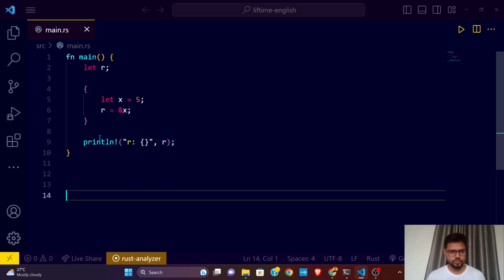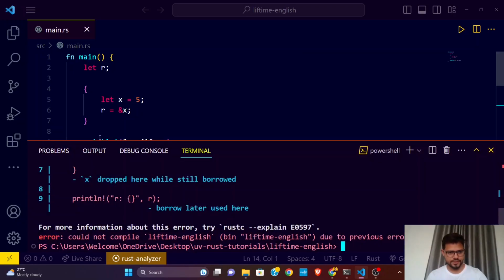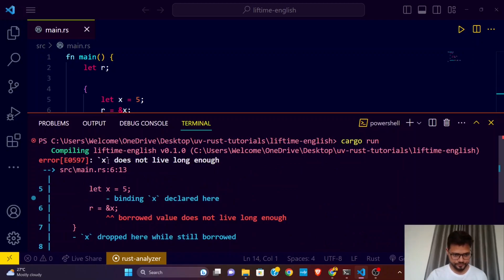So there is no problem related to ownership of the r. So what exactly error are we facing? Let's just analyze the error. What they are saying, the error is x does not live long enough. So this type of error regarding the life, you can understand it is saying x does not live long enough. So this is an error regarding the lifetime, and this type of error according to the life